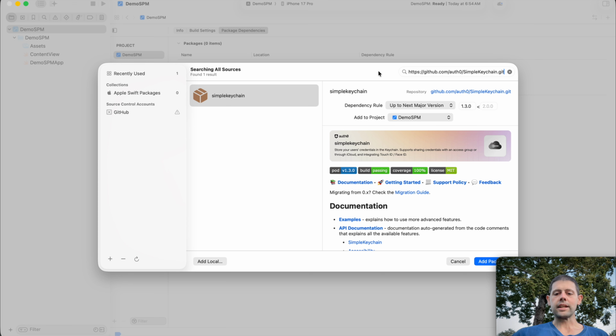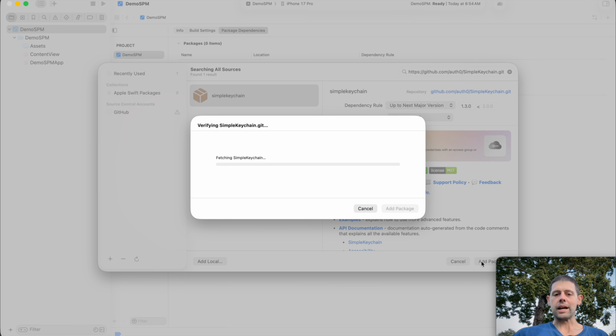And in these settings, it shows the README here, which is very nice. It tells you which version you want Swift Package Manager to manage up to. And I always prefer to just have it manage up to the next major version, and that way there won't be any breaking changes that happen without me being aware of it. So right now it looks like 1.3.0 is the latest, so we will click Add Package,